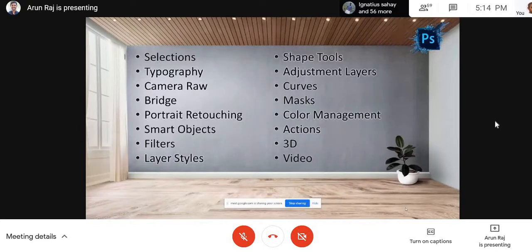Camera Raw is something like, take an example of when you are taking images from a DSLR camera, not a mobile, where you have different types of images, like NEF when you are taking from the Nikon. The same way when you are taking from Canon, it's another raw file. Sony has a different raw file. So Camera Raw is a plugin that will allow you to bring your files into Photoshop, where you can directly work on that. Basically, when it comes to Photoshop, it's one handy tool.